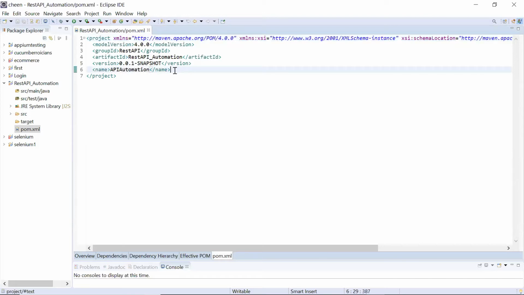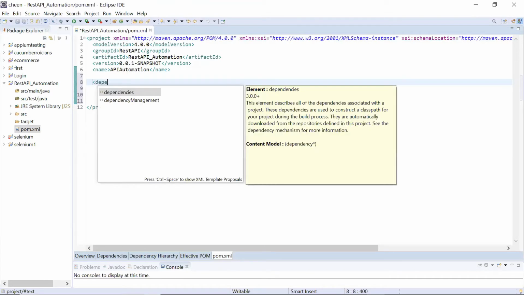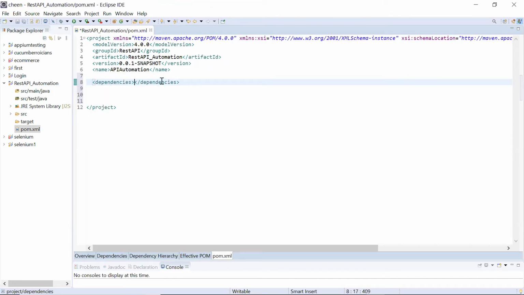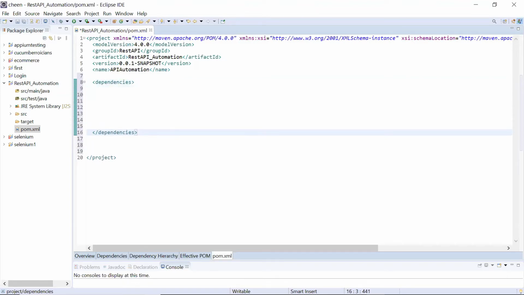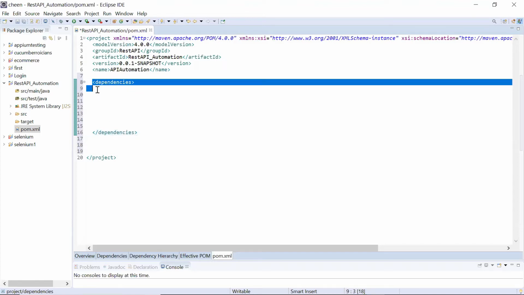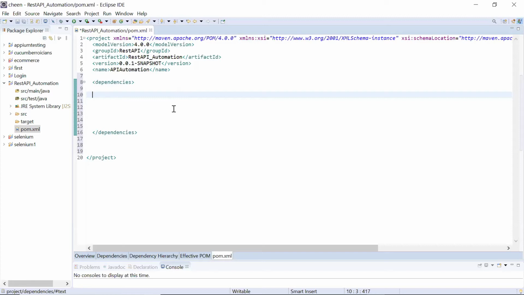So for that, you can just go to name, click here, enter, and here you can just write dependencies. Whenever you complete it, your closing tag will appear automatically. Just enter in between. So this is how it should look like. You don't need any extra steps for that. Only add the dependencies tag. Because we have created a simple project, guys, we have to add dependencies manually. So dependencies, and here I'm closing the tag, and in between you can add all the software's dependencies which you want for this particular project.